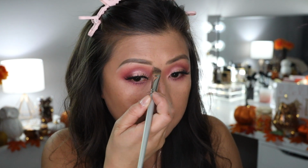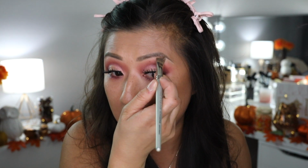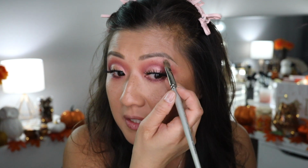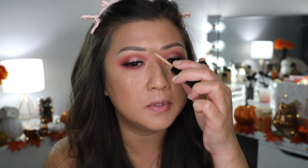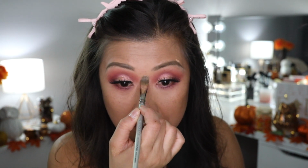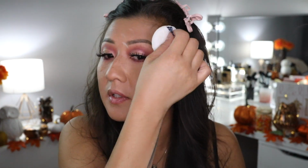I kind of just apply the product onto the brush a little bit and then work with it. But of course, if I'm not wearing any shadows, I just kind of go all over the lid space and brows first. This part, I don't mind using a little bit more just to clean the brows up a little bit. And again, whatever's left over, I'm just going to